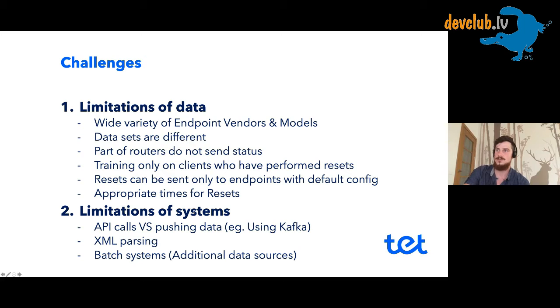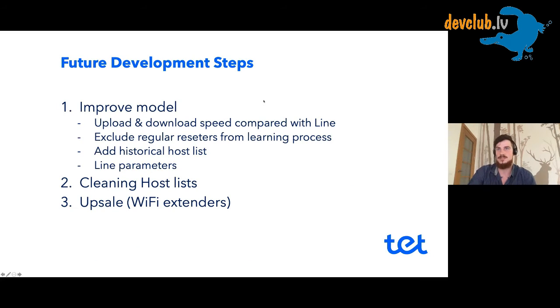It's not easy to replace them straight away, but that's where the world is moving. So hopefully in some time it will be better. Future development is obviously to improve the model and use more parameters like upload and download speed, compared with what the line has to offer. So if the line can provide gigabit and the endpoint is not managing, then this also is an indicator,